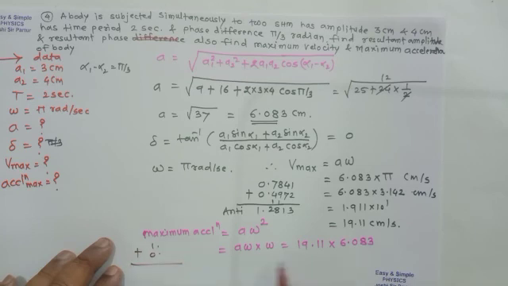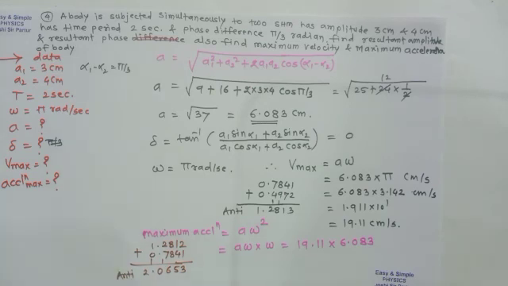So the log of 19.11 will be 1.2812, and here the log of 6.083 will be 0.7841. By taking antilog of the sum,